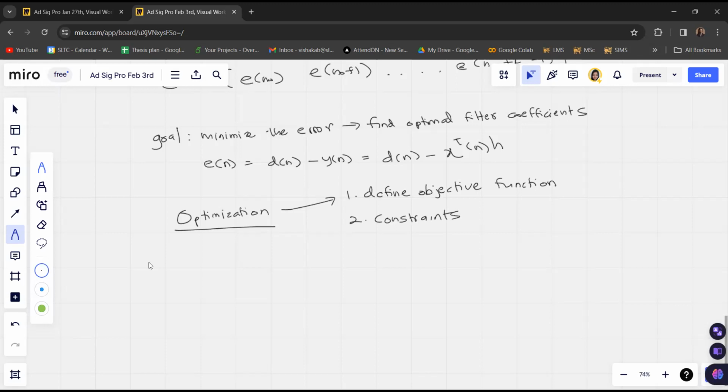So we have to define the constraints. So we have to define the objective function, then we have to define the constraints, then we have to define whether we are maximizing or minimizing. So whatever the operation that we want, we have to either minimize or maximize the objective function. So when we are considering this situation, the optimization problem that we are trying to solve and find the answer is